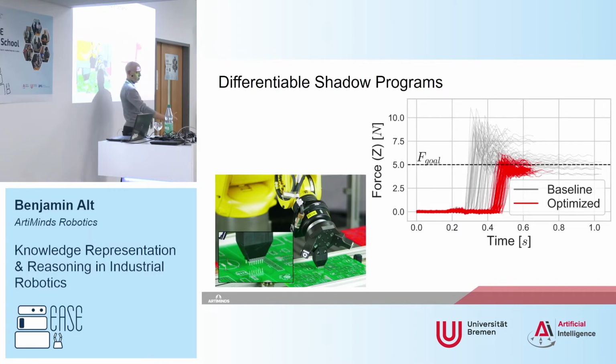And for a human, you would have to do a lot of trial and error to do this. What are the velocities and accelerations so that on this bendy PCB, you get 5 newtons of contact force? I have no idea. I would have to try this. And it takes a very long time for experienced robot programmers to do this kind of trial and error. And you see that, okay, well, the variance is very big. So for the same velocity and acceleration, you get a variance maybe 10 newtons at worst case and maybe 6 newtons or so in the best case. And using this gray data, after learning, our optimizer actually reliably hits 5 newtons,